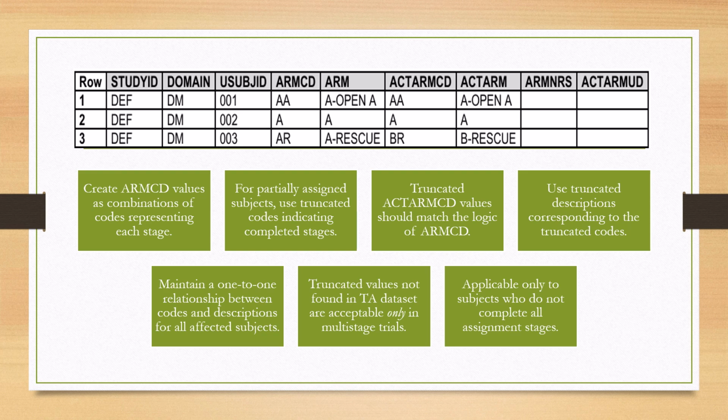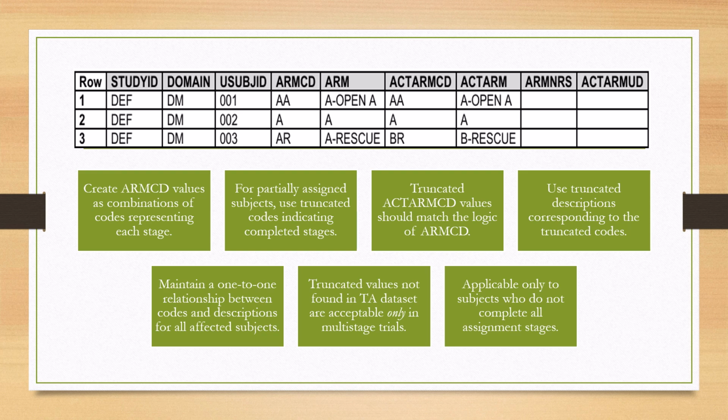However, they were lost to follow-up during the double-blind treatment epoch, so they never reached the open-label epoch, where they would have been assigned to either the open-label drug A or the rescue element. So in this case, their ARM code is only A because they did not undergo the open-label drug A or the rescue element A. This example illustrates the exception to the rule that ARM CD,